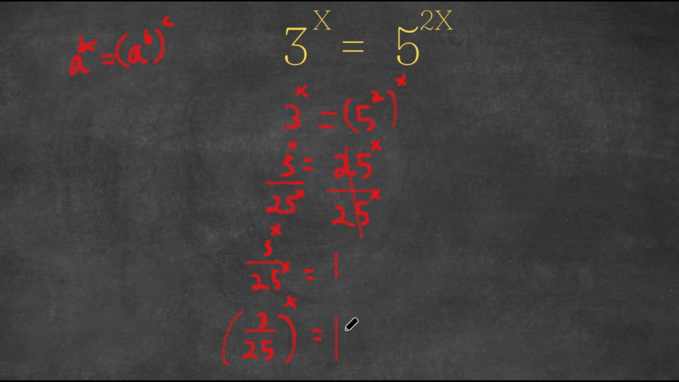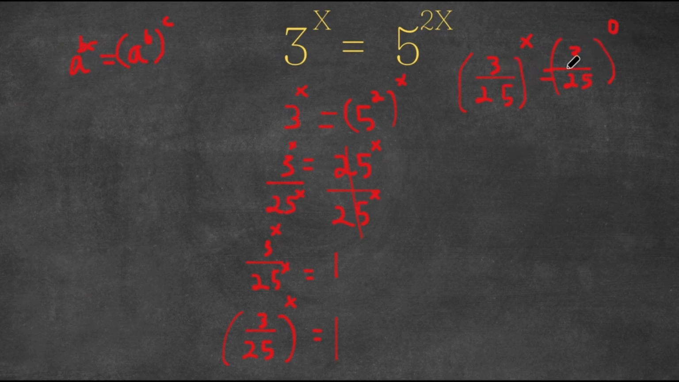So another way to write 1 is 3 over 25 to the power of 0. And that way, both our bases would be the same. So this is equal to 3 over 25 to the power of x equals 3 over 25 to the power of 0. Because remember, this is equal to 1, and now we changed both of the terms so that they have the